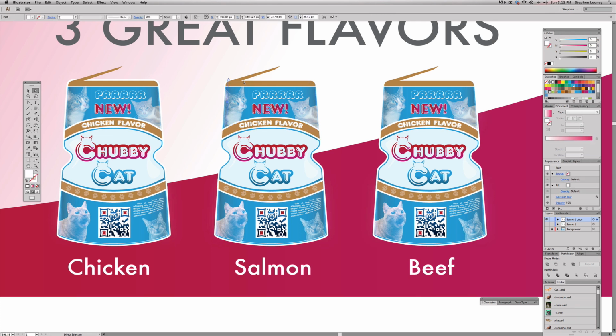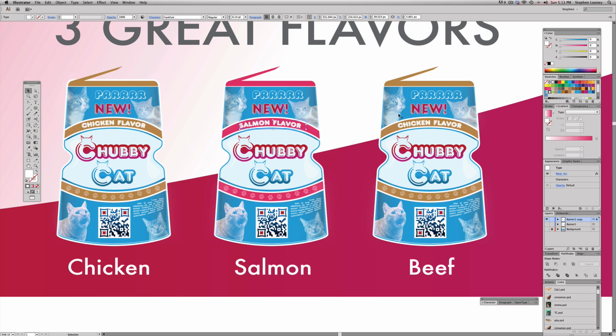Where are you at? Hold on 1 second. We're going to do 1, 2, and we're going to change that to that pink. We're going to come in here. I got to lock this actually. I don't know, it's selecting something on top of it. We're going to change that foreground to pink. The same thing with here. Foreground to pink. Now we're going to type in salmon, hit escape, and we're going to make sure that's still